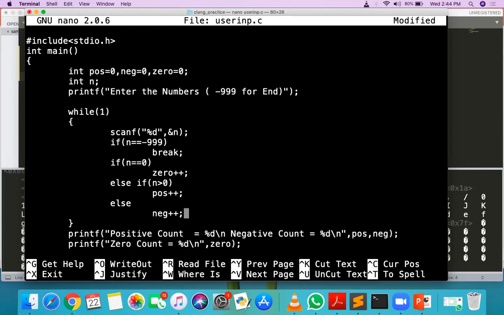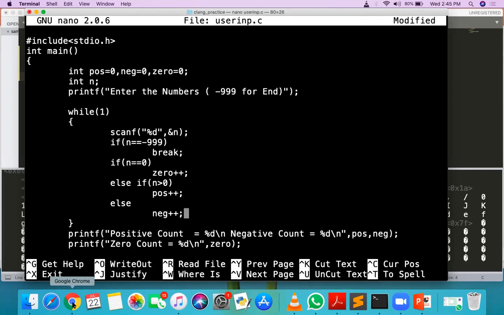For that, we have to take a character variable instead of int. And how many count variables do we require? One for capital case letters, one for small case letters, one for numbers, and one for special symbols. Now how to check that the given character is a capital case letter? Can you tell me? Sir, ASCII value. Yes, ASCII value. Find out the ASCII value of capital A and capital Z. I think it is 65 and 90.